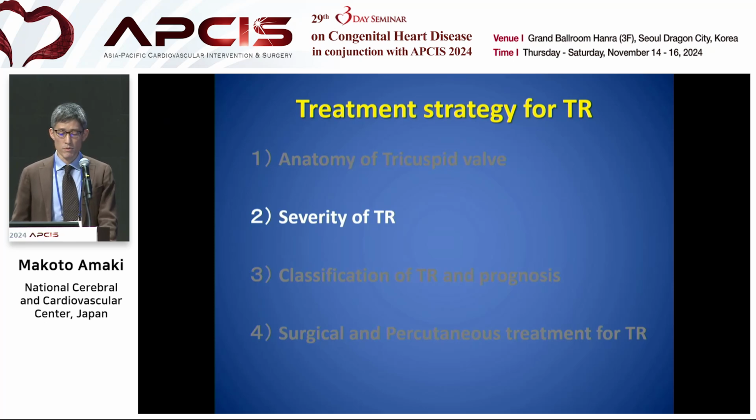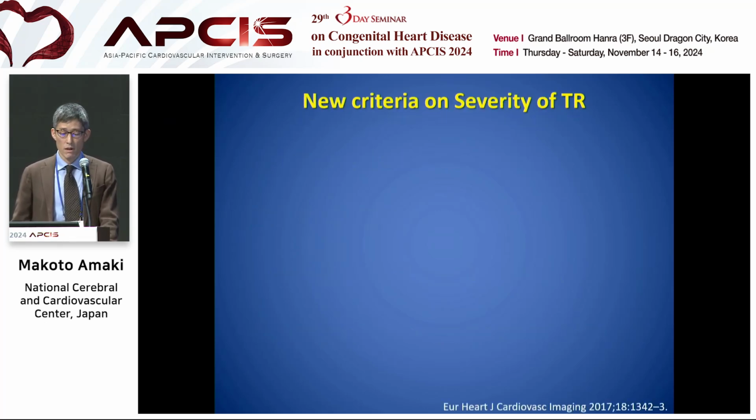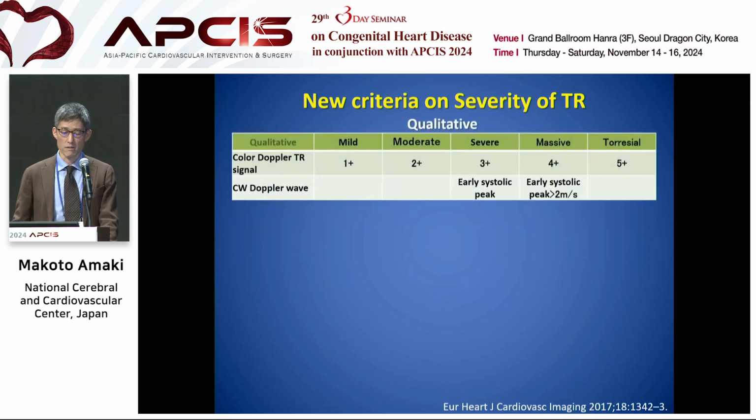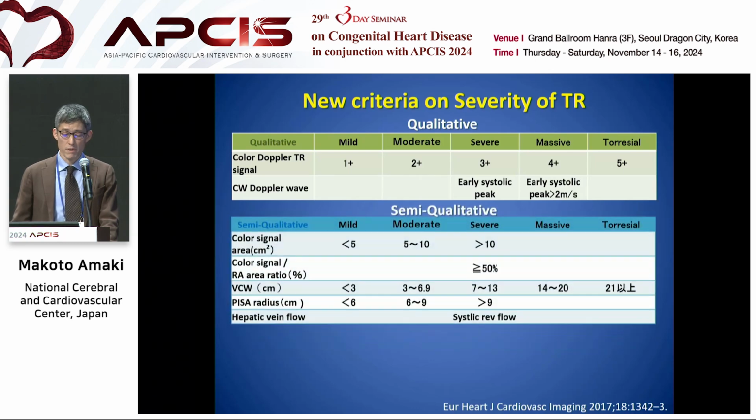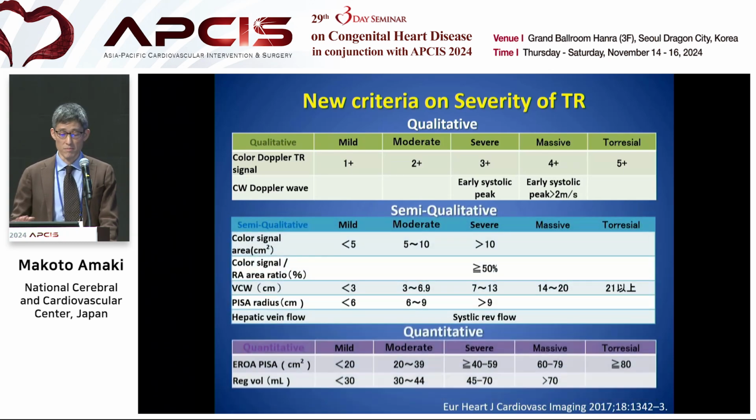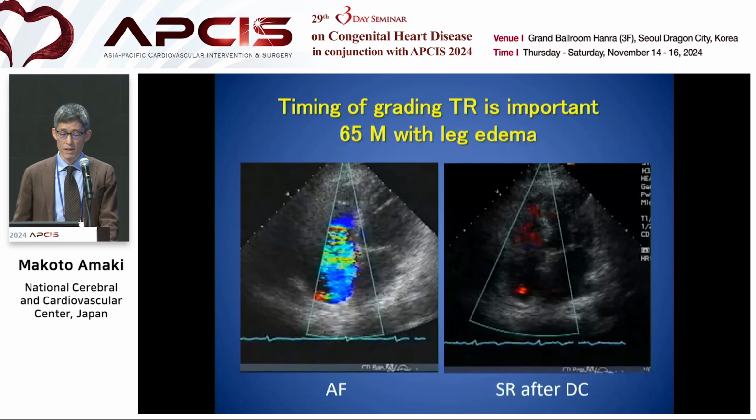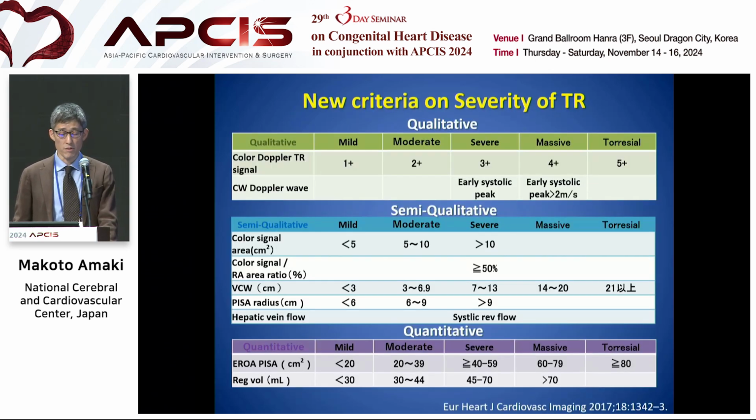Next, let's move on to the severity of the TR. There is a new criteria for severity of TR. Conventionally, it's 3 grades with mild, moderate, and severe, but recently it has expanded to massive and torrential. This is very complicated, so you don't have to remember all the numbers, but it is very important to know that these grades are important after the intervention because a lot of patients do come up with a massive or torrential